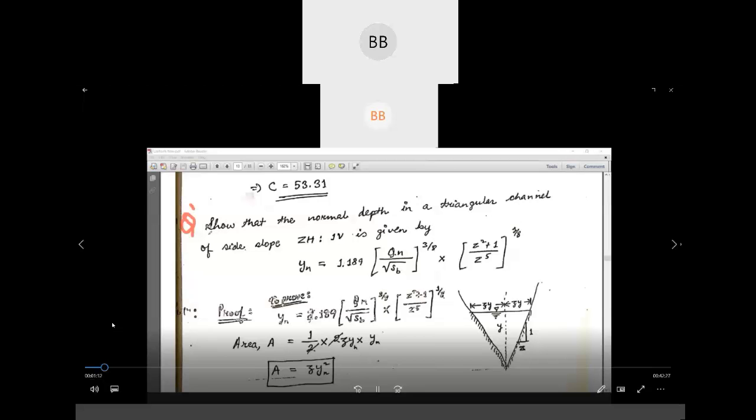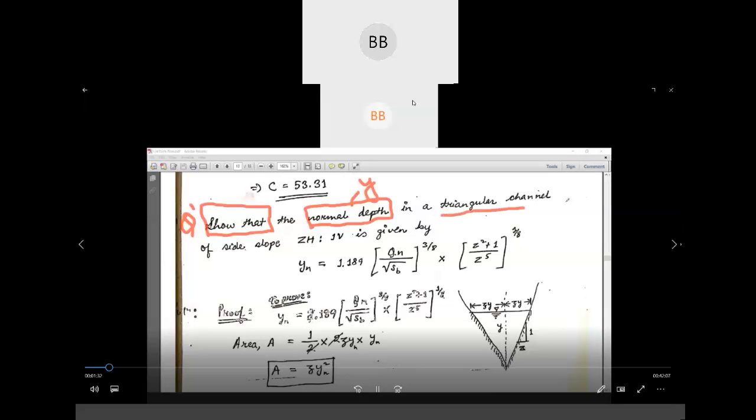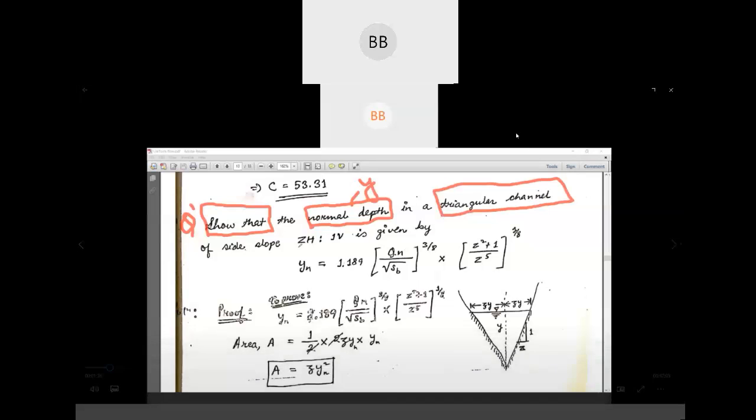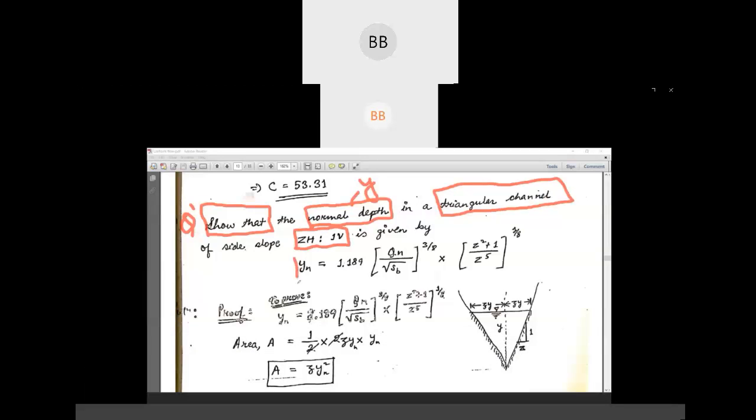So here we have to show, or you can say we have to prove, about the normal depth, which you can write as y. It is given as a triangular channel. Side slope is given, z horizontal is to 1 vertical, and this is the expression. We have to prove that yn, that is our normal depth, in a triangular channel, when the side slope of the channel is z horizontal is to 1 vertical,